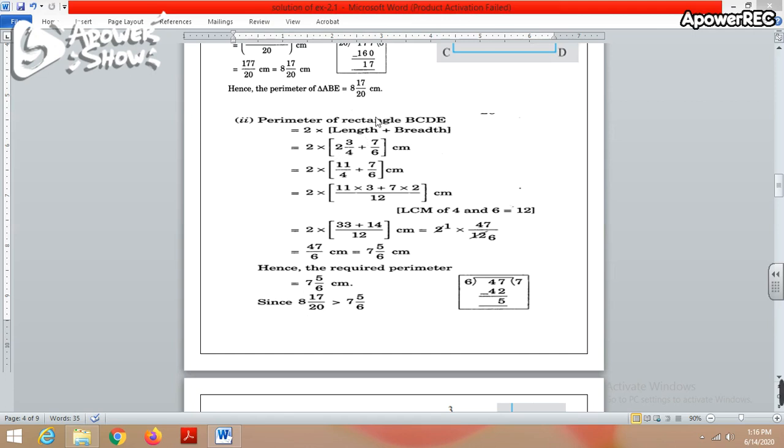I think in the previous session we learned that a mixed fraction is a combination of whole plus part. So here the whole part is 8. So this is more than 8, but this quantity is less than 9, and the perimeter of the rectangle is 7 5 by 6. That is, the perimeter of the rectangle is greater than 7, but it is also less than 8. So the perimeter of the rectangle lies between 7 and 8, and the perimeter of the triangle lies between 8 and 9. So which one is greater? Obviously the perimeter of the triangle. So the perimeter of the triangle is greater than the perimeter of the rectangle.